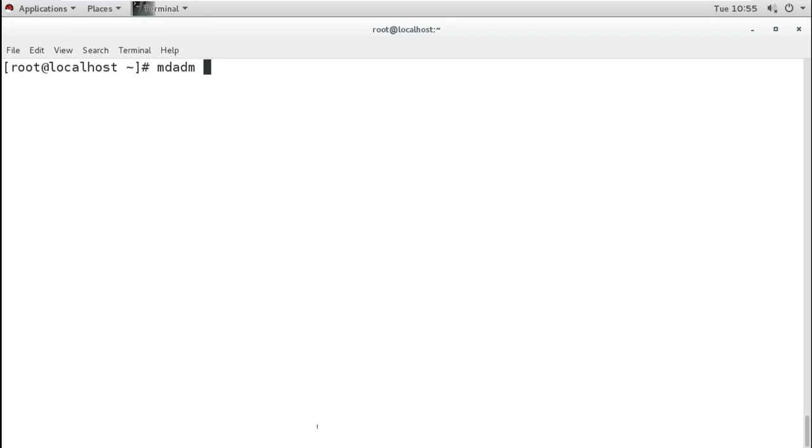So we want to create a RAID by using those 4 different partitions on 4 different hard disks. Remember, the partition size was the same, 1 GB. Now to create, we have the option -C. Now what do we want to create? We want to create /dev/md0. This is our first RAID partition.